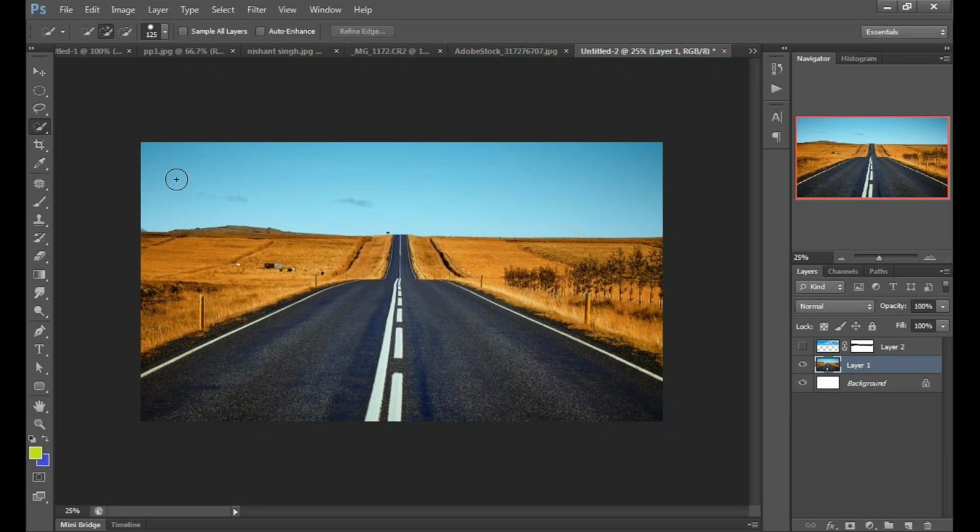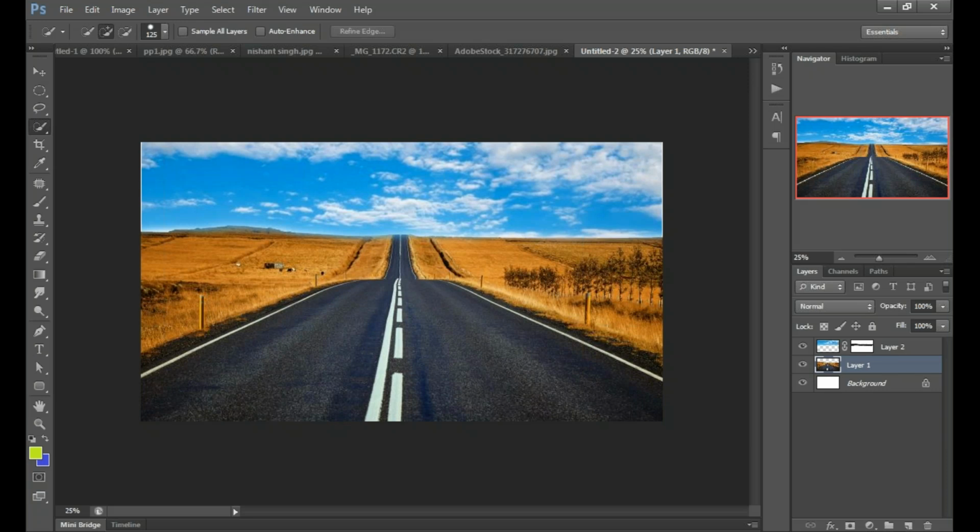Just move your circle around the sky. The sky will be selected by a marquee. Then use the delete key on your keyboard and just delete it. We have a blank area in place of our sky.